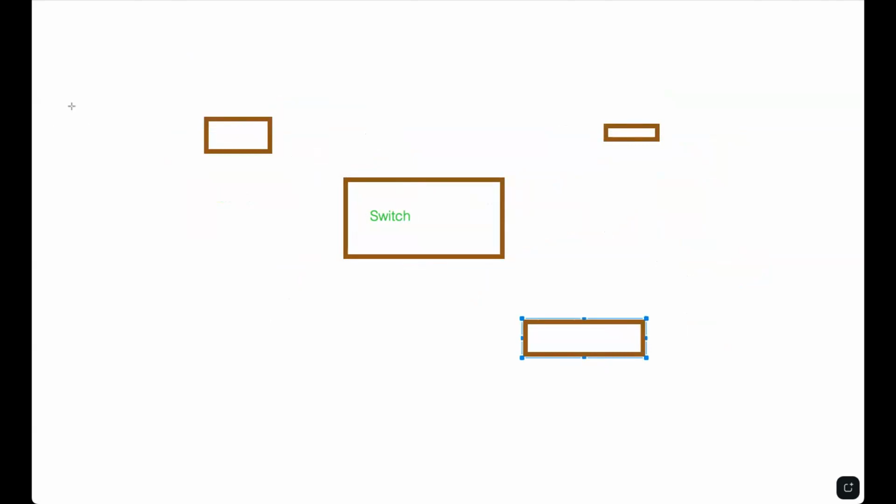Three PCs are enough. So this is PC1, this is PC2, and this is PC3. This is port 1,